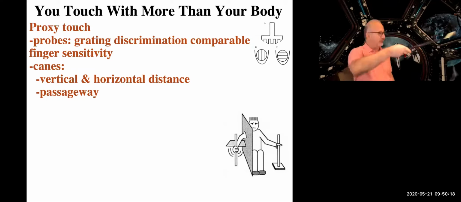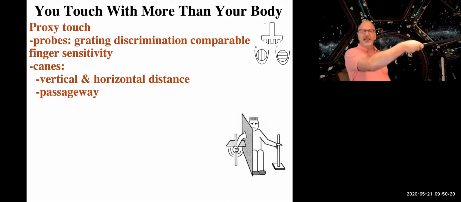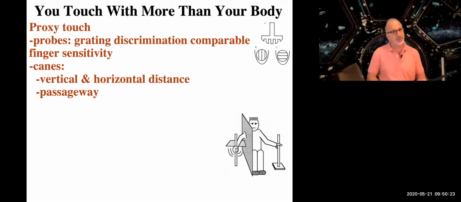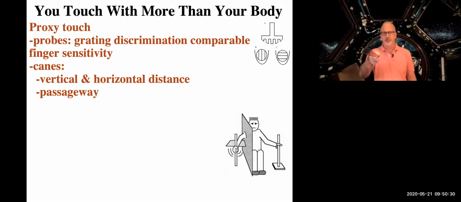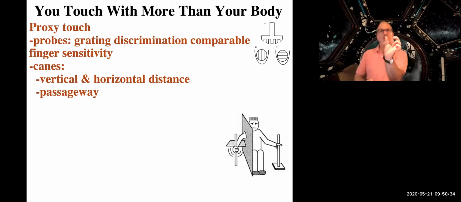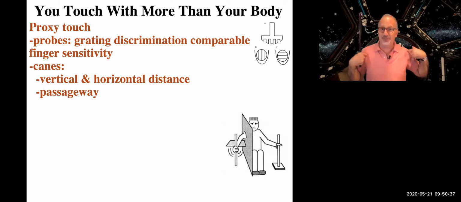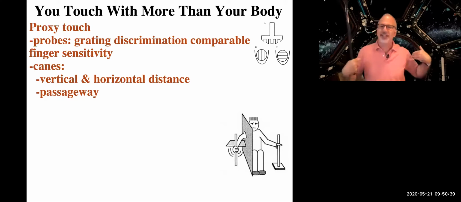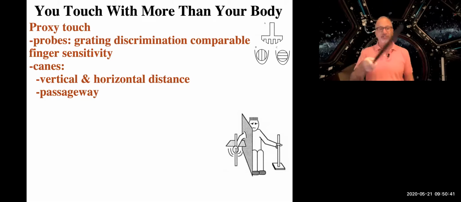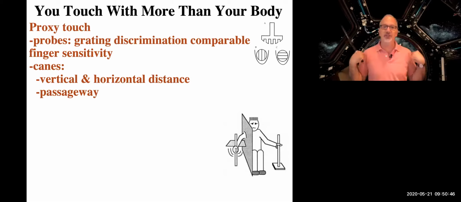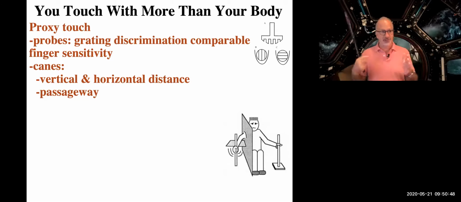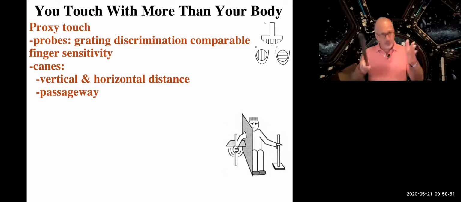And in this case, they'll do it by grabbing a cane and feeling it. And they'll be very, very precise and say, oh, this type of passageway is not big enough for me to fit through just by walking straight in. But this type of passageway, yes. And they'll get it down to within an inch of what their specific area is that's needed to go through that passage. Basically, what they're doing here is they're judging the passageway relative to their shoulder width. Okay, makes sense, because if it's a little bigger than your shoulder width, you would be able to pass through it.